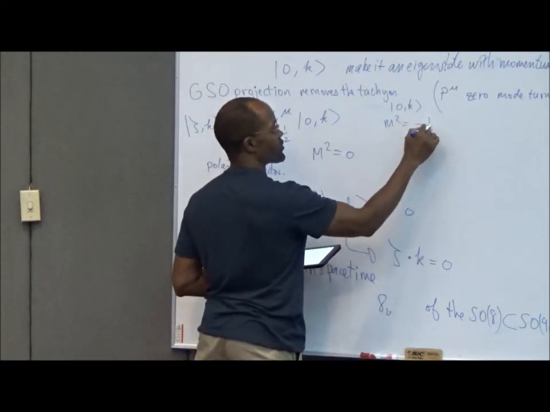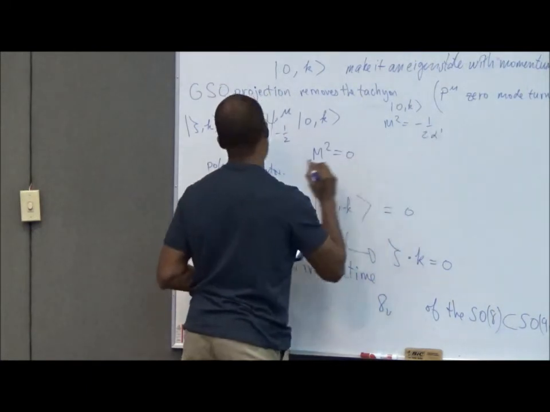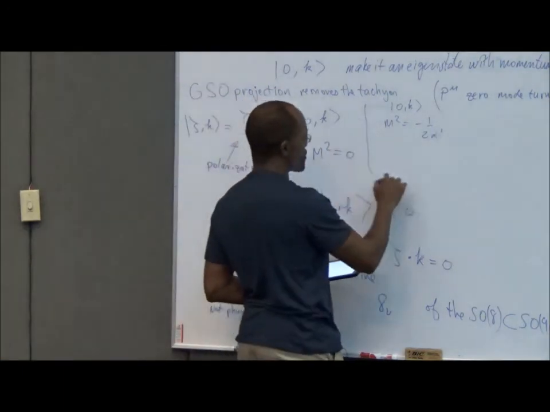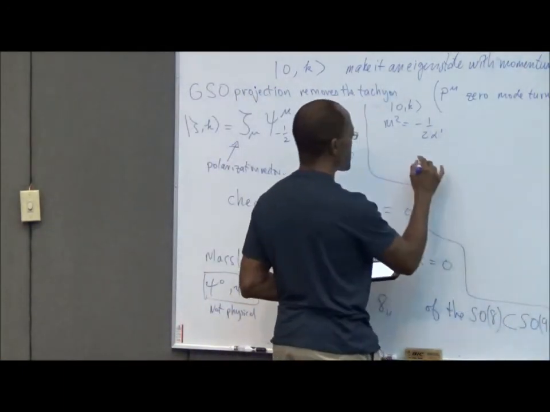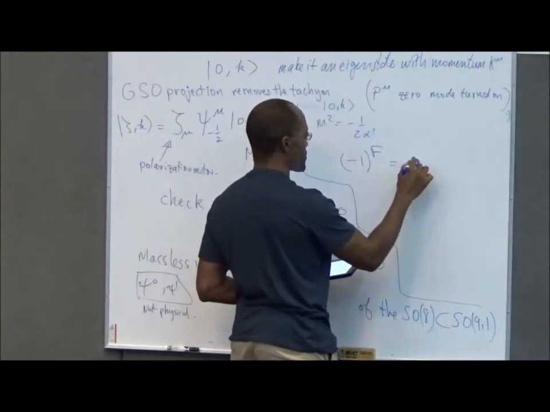Mass squared is minus 1 over 2 alpha prime, right? Coming from no oscillators excited, 1 over alpha prime times minus 1/2. And the GSO projection in my conventions is going to be that I project onto (-1)^F equals